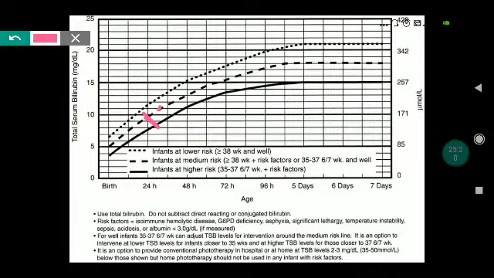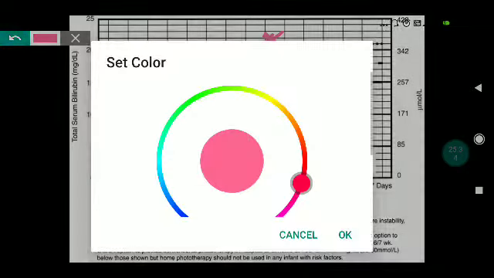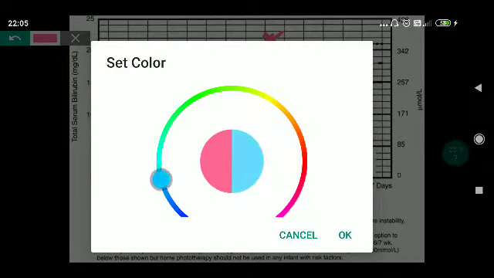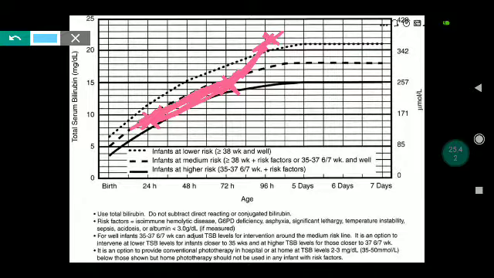On day 1 it was 10, we repeated it on day 3, it was 15. Baby was still icteric, on day 4 it became 21. So if you do consider the plot, there has been a gradual rise, it never decreased. So if we ask ourselves what better clinical intervention could have been done, prophylactic phototherapy, definitely on day 1 we